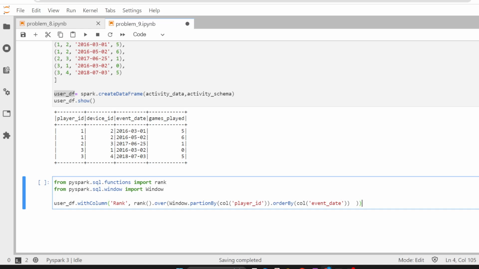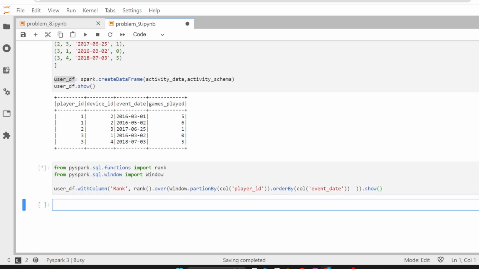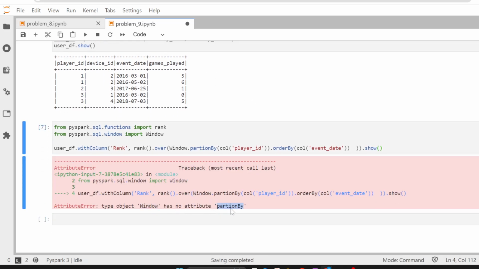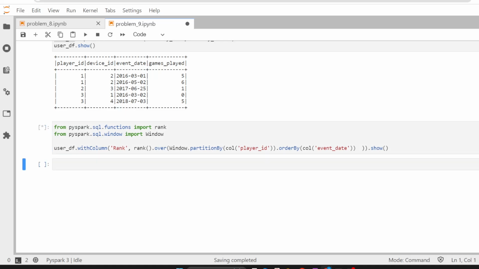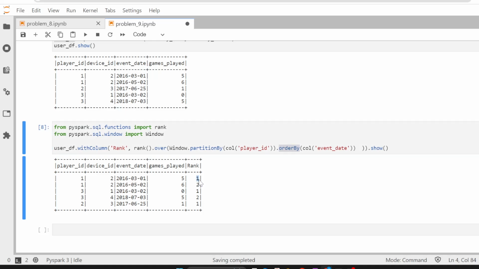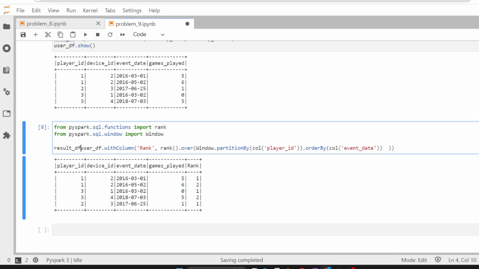Okay. And let's see how the function is looking. The Window has no attribute partition. I think there is some spelling mistake. Partition. Okay, tion. Yeah. So partitionBy and orderBy. So if you see, we have the rank function here. Now what we have to do is we just have to save this into result df. Okay, and let's try to print the result df